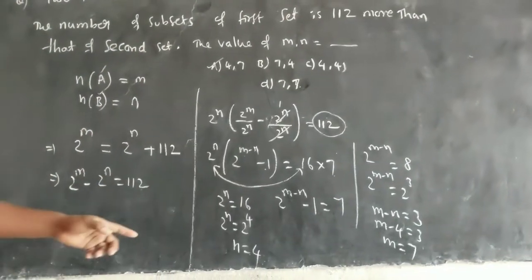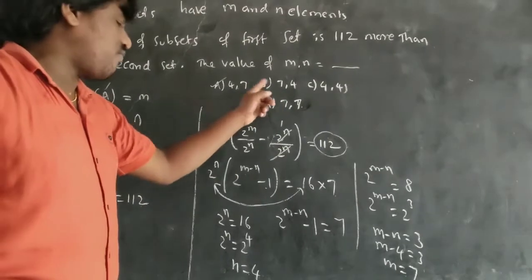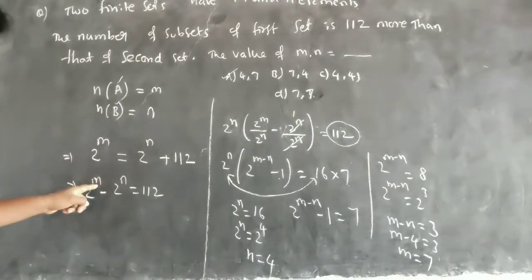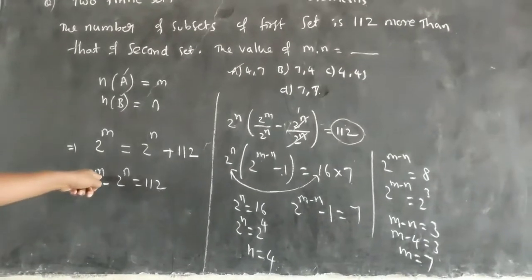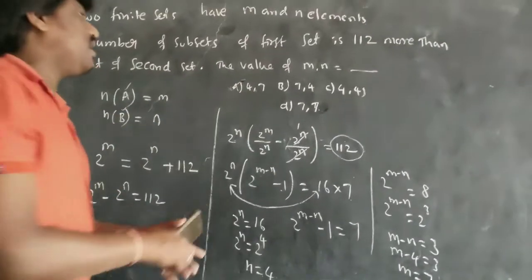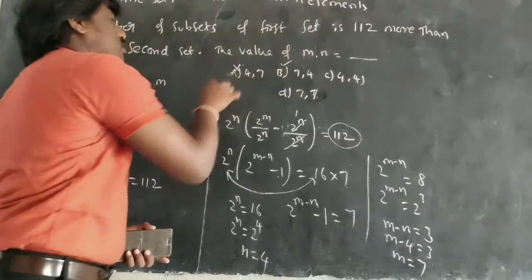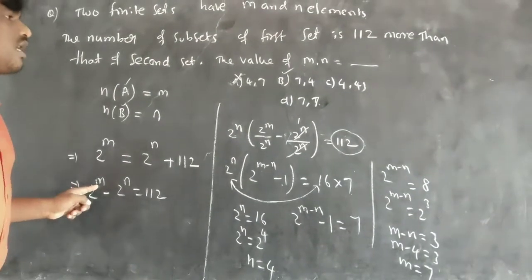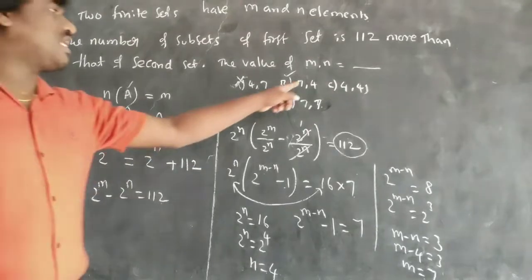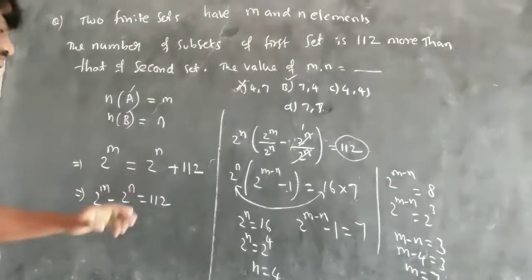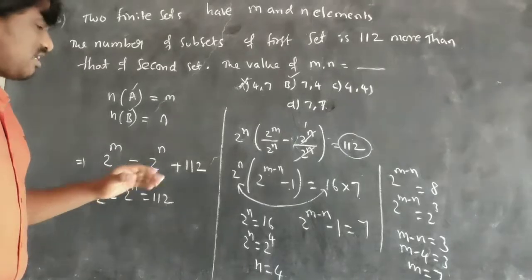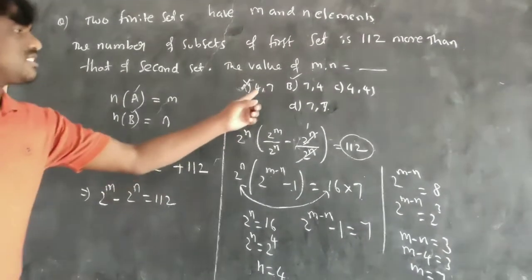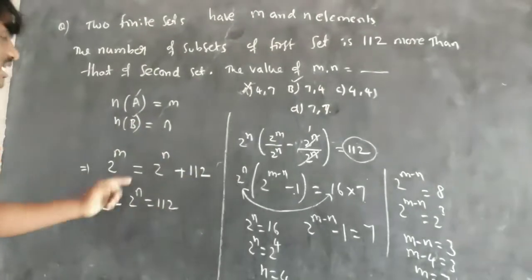So you can do it like this, 7 comma 4 or 4 comma 7. It's okay, you can see here, m must be what? m must be 7. Okay, m must be 7. So the B option is right, not the A option. m must be 7, m is first, 7 and then n. So m, n as 7 comma 4 is right, not 4 comma 7. You just substitute the other; this is not required. When you get this equation, just substitute these options in this and check.